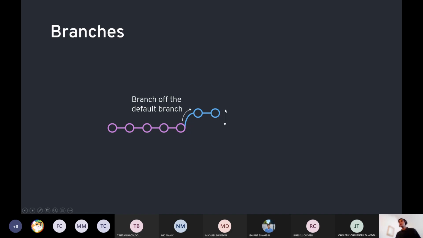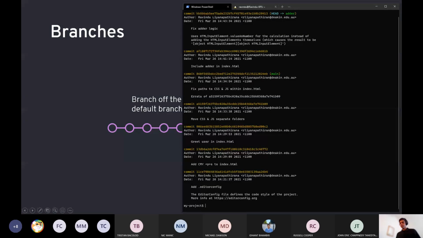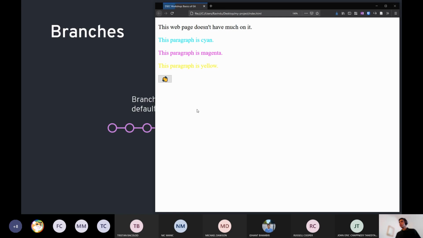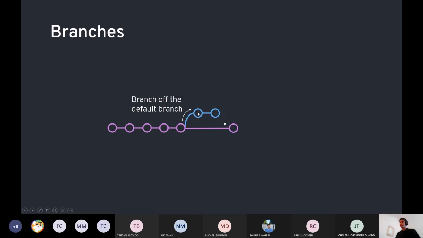Now, as I said, you can always change branches using the git checkout command. So in this case, we change into our main branch. So once again, git branch lists a branch. We're currently on adder. You can always change branches using git checkout. And when I change, you'll notice that the changes that we made on the adder branch, so that is adding the actual adder and then fixing that bug, don't appear here because those changes are isolated. So that's the whole concept of a branch. It's a parallel version of your repo that you can make isolated changes on.